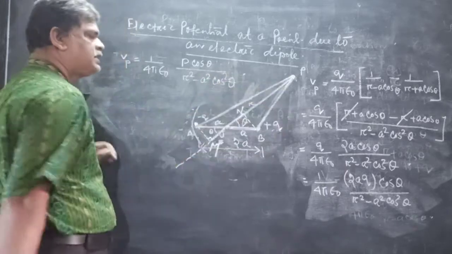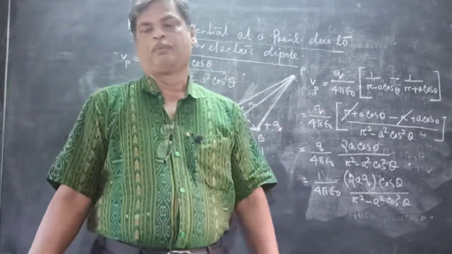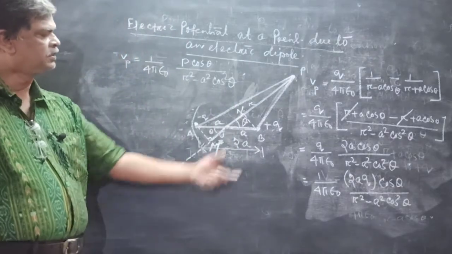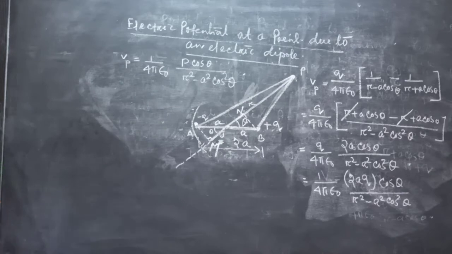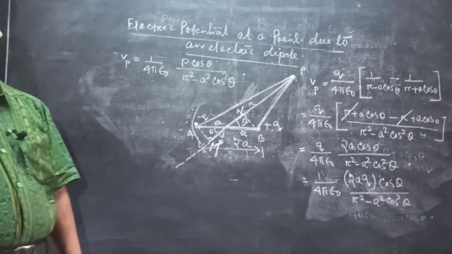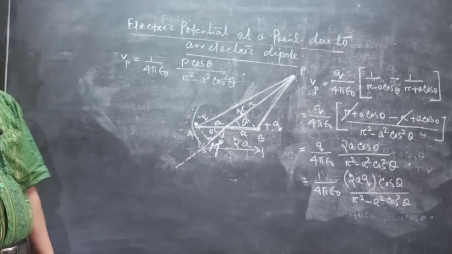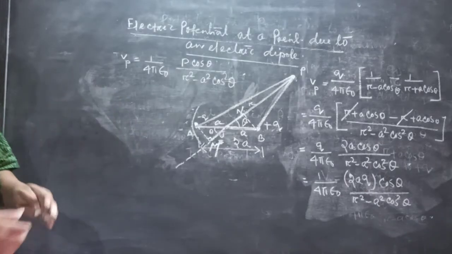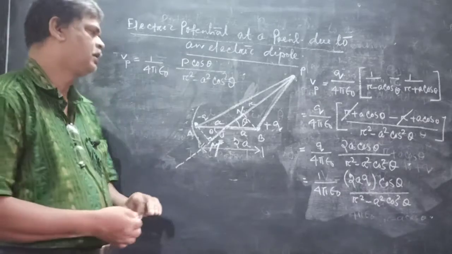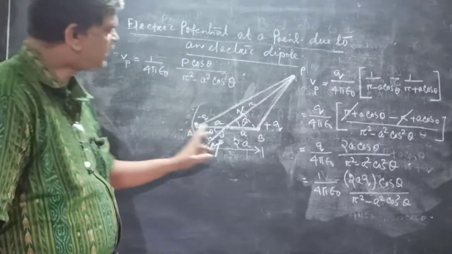Clear? This is the potential at point P due to a dipole: 1 by 4 pi epsilon 0 P cos theta divided by R square minus A square cos square theta. Clear? This is the general expression for the potential at point P due to a dipole. Now we apply the special condition. Which special condition? For a short dipole,